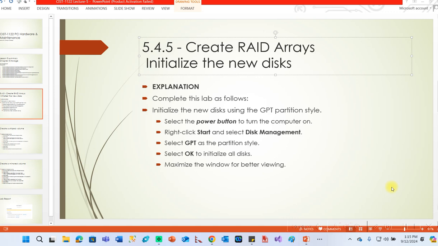Hello, today we are going to learn about creating RAID arrays. RAID: Redundant array of independent disks. We are going to create RAID arrays on a TestOut lab, number 5.4.5. The first thing I would like for you to learn is, if you have no idea what to do,